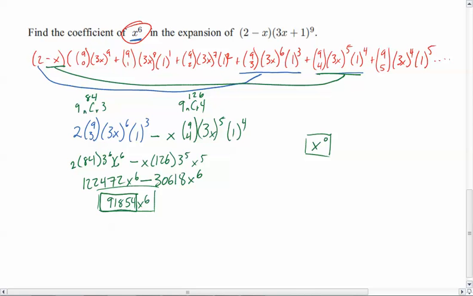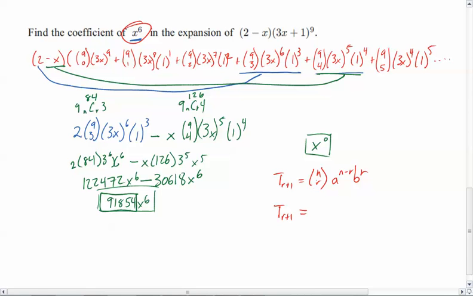Now, I guess I should take just a minute to show you how this would work if we were looking for using the actual equation. So if I were to use the t r plus 1 over nr, and then a to the n minus r and b to the r, then what we would do is we would say, okay, well, n of course is 9 here, so I would be looking for two specific terms, right? I know that I'm going to need one that I'm going to multiply the 2 by, which means I need the x to the 6th power here. And so I'm going to write out, I'm going to go, okay, so I'm not sure which term I need yet,